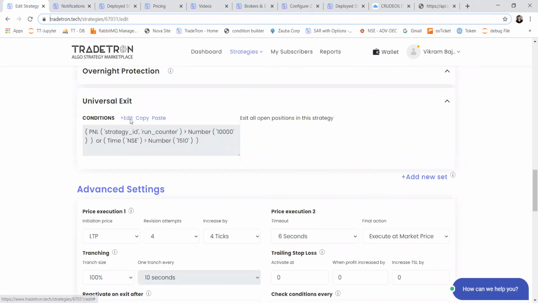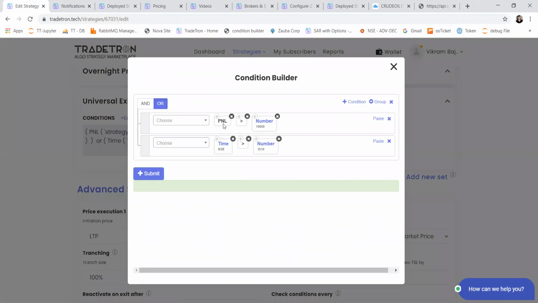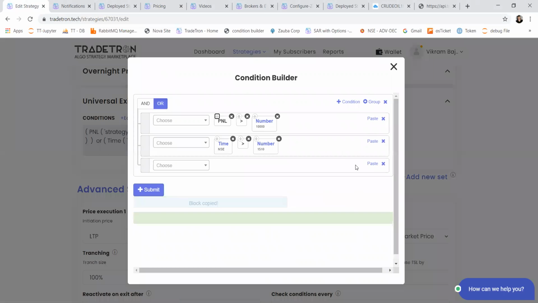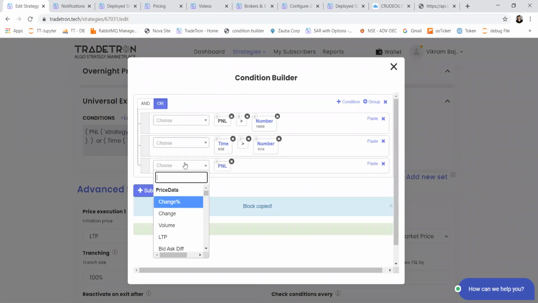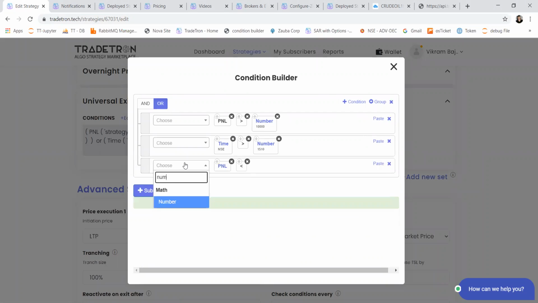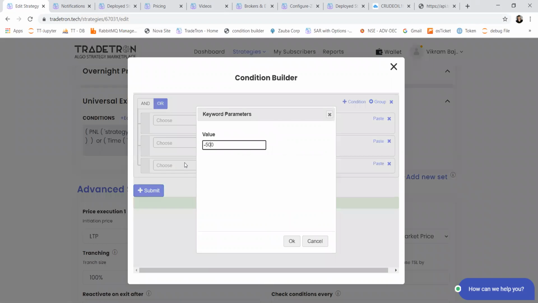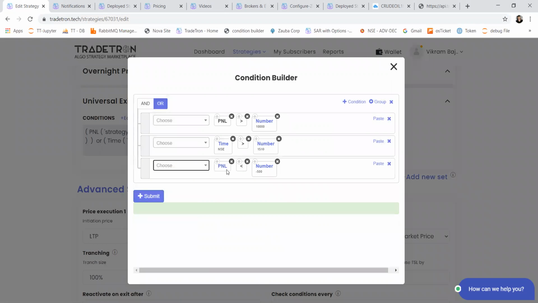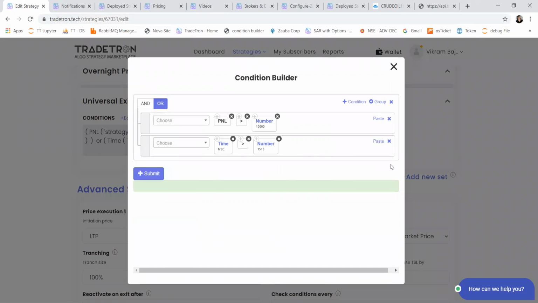Or another way you can write it: if PNL of my strategy goes below a certain number, let's say minus 500, so this is my stop loss. Then there can be exits based on technical indicators as well. So it's up to you how you want to configure your strategy.